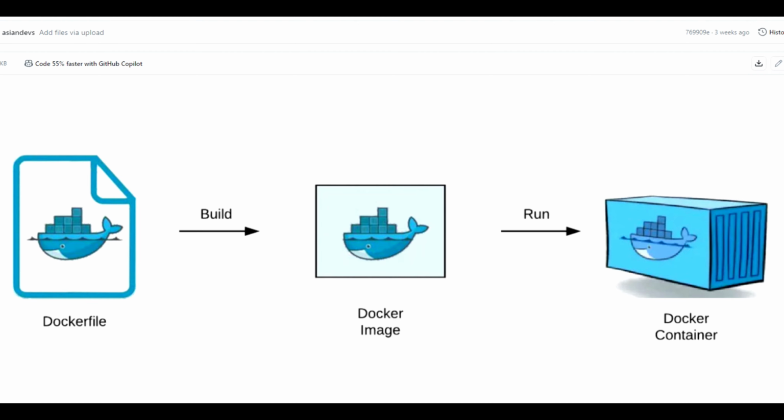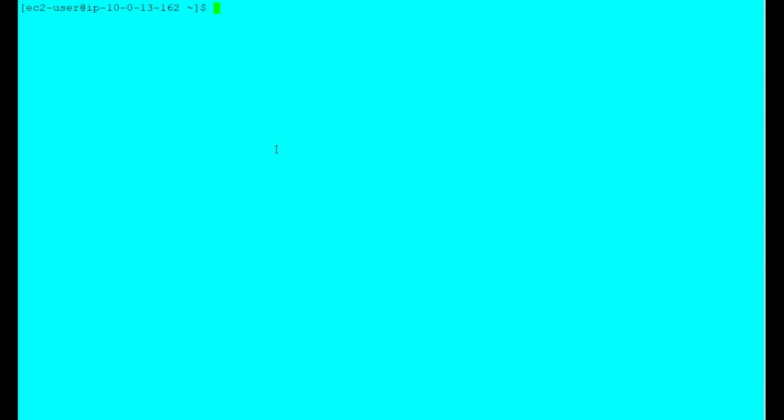So in summary, a Dockerfile is a set of instructions for building a Docker image. A Docker image is a packaged executable software unit that includes the application and its dependencies. And a container is a runnable instance of a Docker image. In this section I will go through installing Docker. So first, for that,